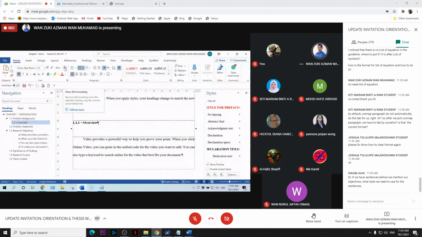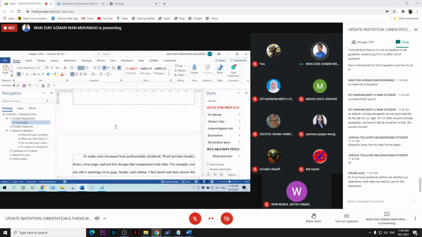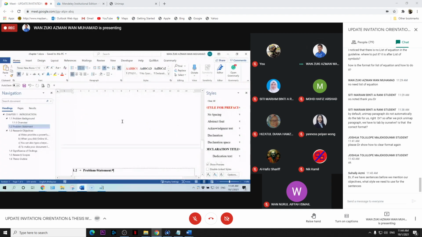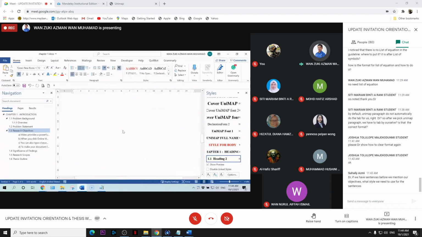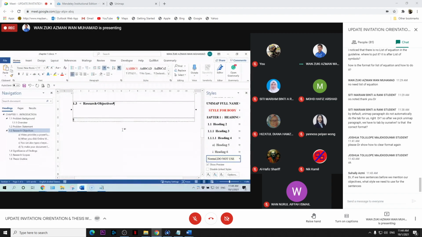This one is better. If I have sentences before we mention our objective, what style do we need to use for the sentence? Just use Unimap paragraph. Okay, let's say here, you press enter.